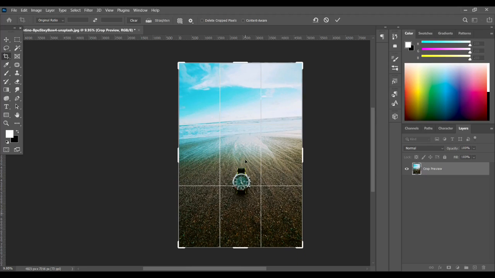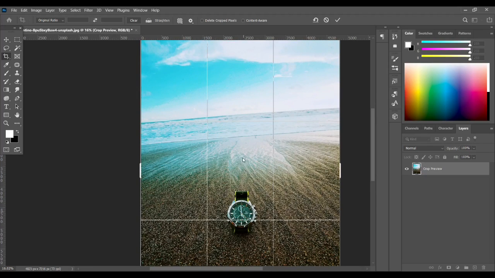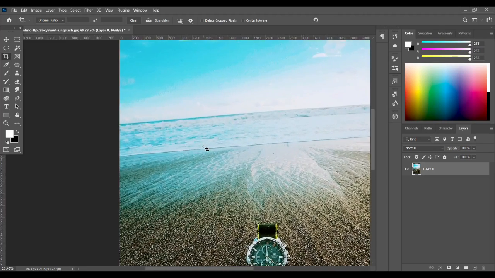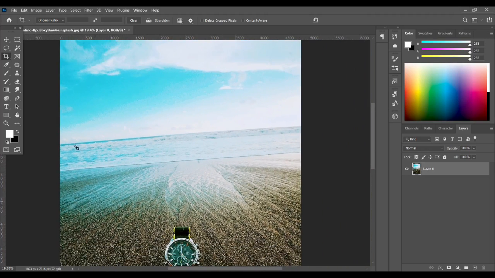Now I am coming to straighten. So here is our straighten. Straighten helps us to straighten our image. In this image, if you see, the horizon is not straight. So what is actually the horizon? The horizon is the line that separates the sky and the ground.